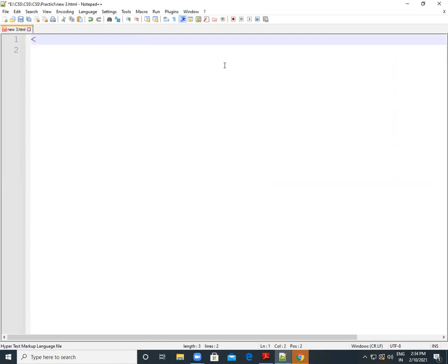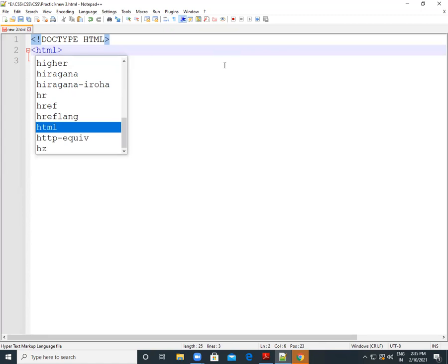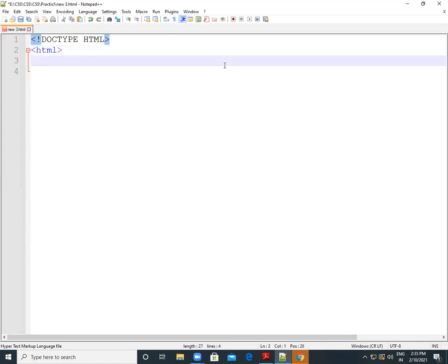So basically just type your first code, doctype, close that. This is the document model. Now here the code will start with the HTML starting tag, then close that HTML tag.